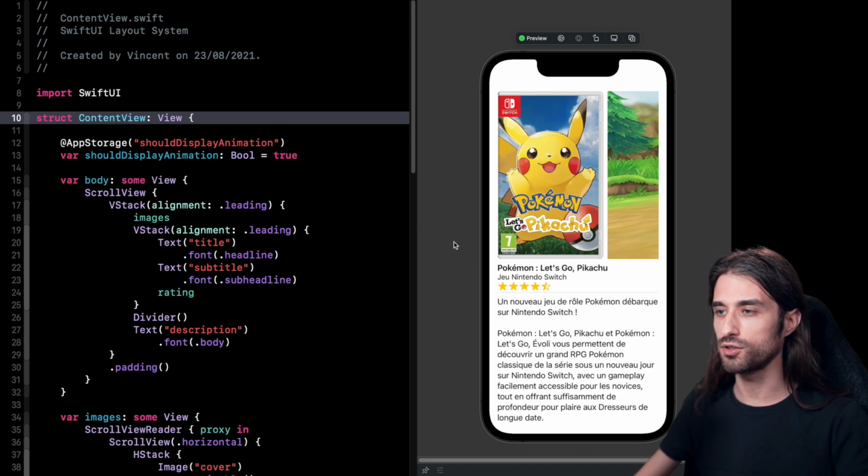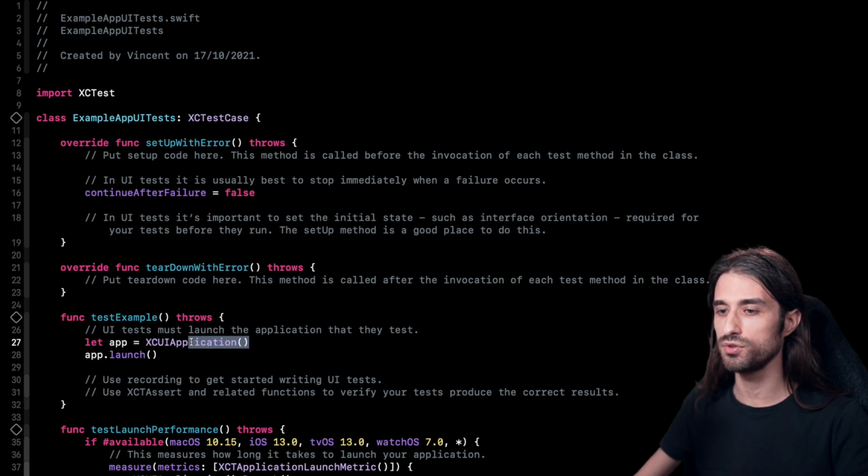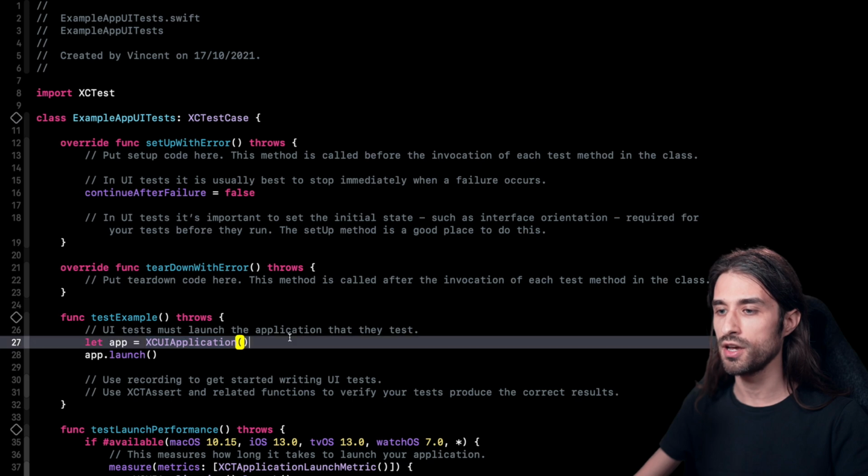Well, if you use Xcode, you know that when you create a project, a testing target for UI tests is created for you by default. The test inside it looks like this. Basically, we can test the app, but we have to use this XCUIApplication. When we write a UI test using the Xcode default tool, we have to use the accessibility layer to interact with the app. That's because the testing process cannot directly interact with the process that is running the app.